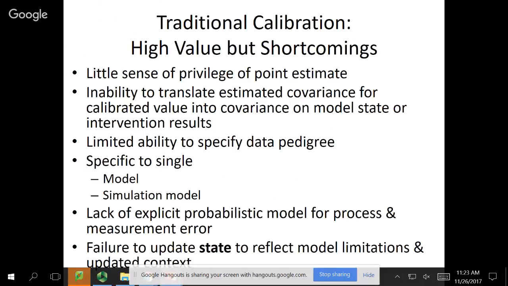It's not updating an estimate of what the current situation is so much as what the values of the parameters are. And what that means is the current model state, the situation right now in the model, becomes increasingly disconnected